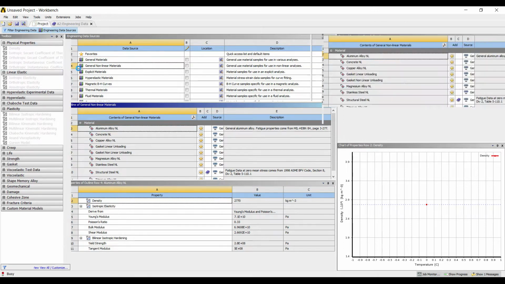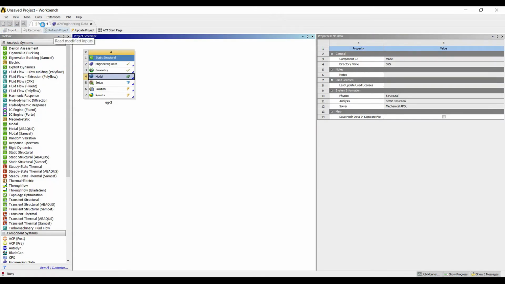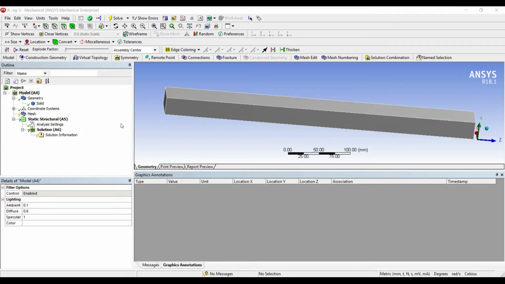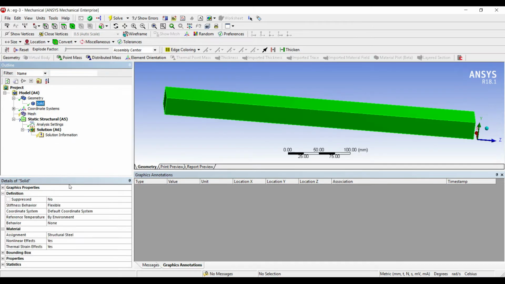Project, refresh project. I'll go to solid, change structural steel to structural steel non-linear material.